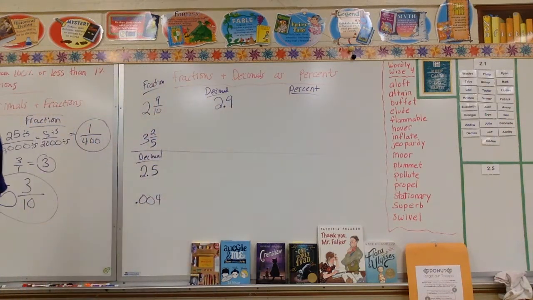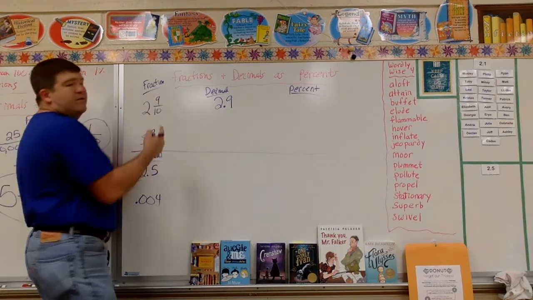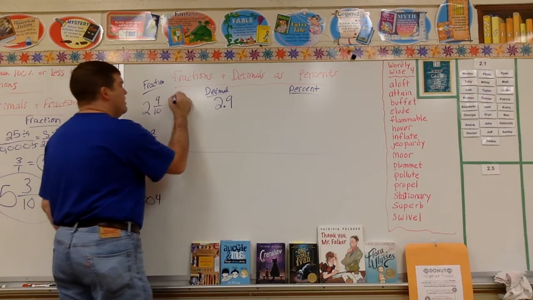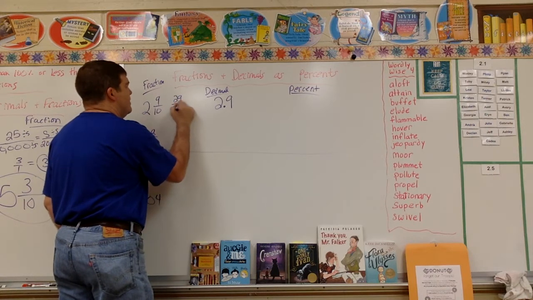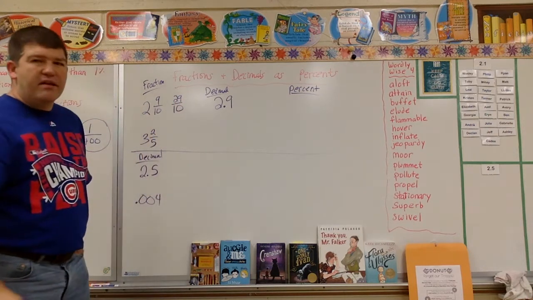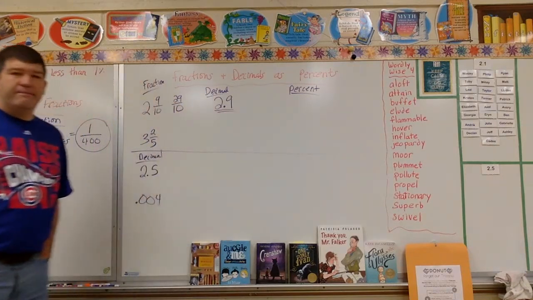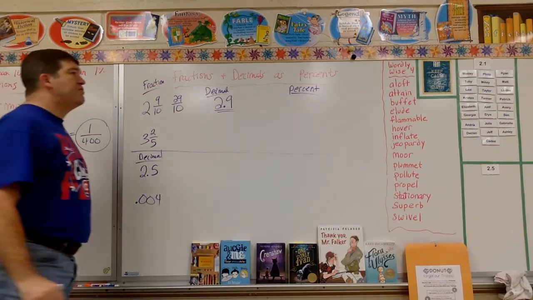9 tenths. I could make this into a 2 times 10 is 20, 29 tenths. And then I get my calculator out, and I go 29 divided by 10. I'm going to get 2.9. Okay? Once I have 2.9,